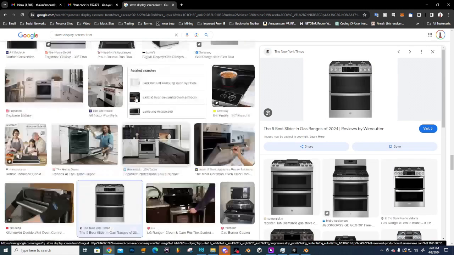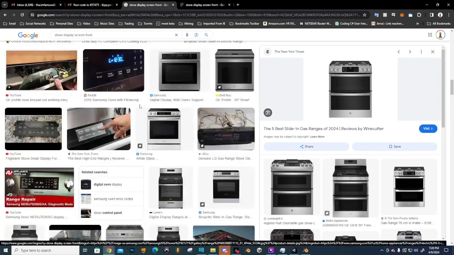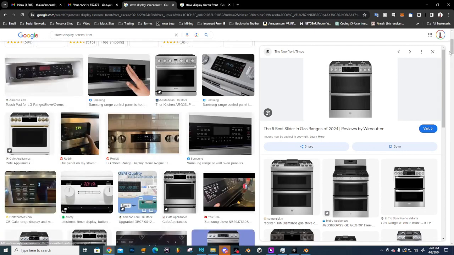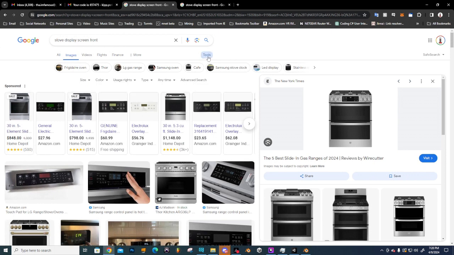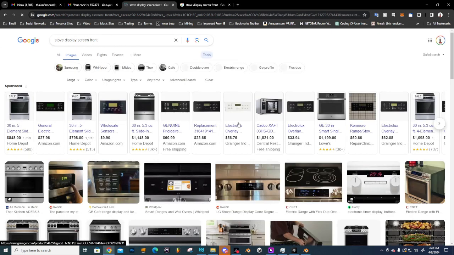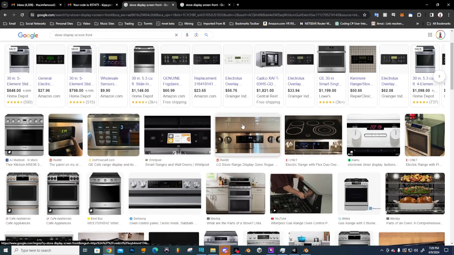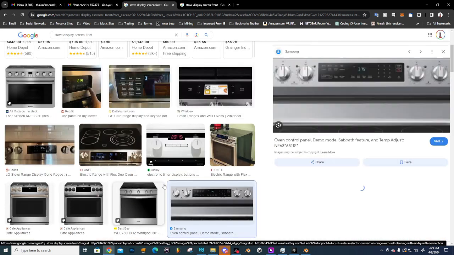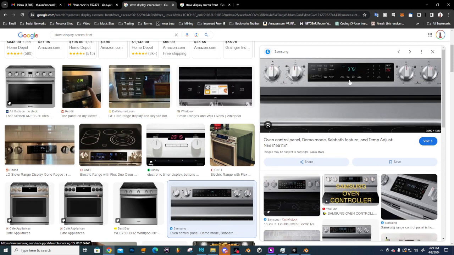How big is that? Hold on, did it change my settings? Yeah, it did. Oh shoot, grab that one right now. Oh, I can still use these two, but